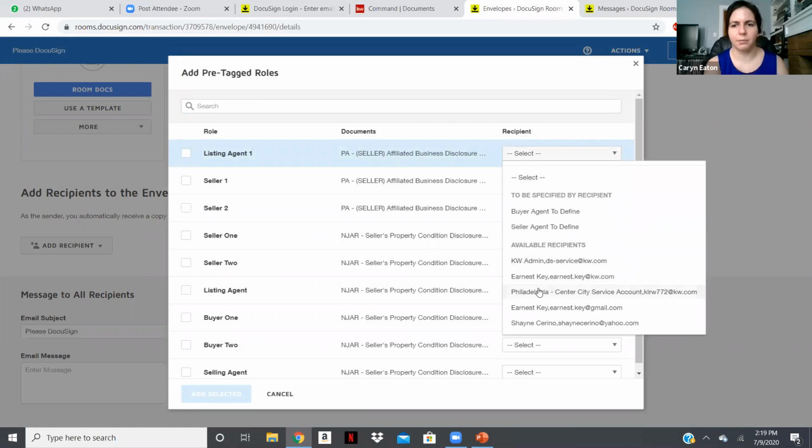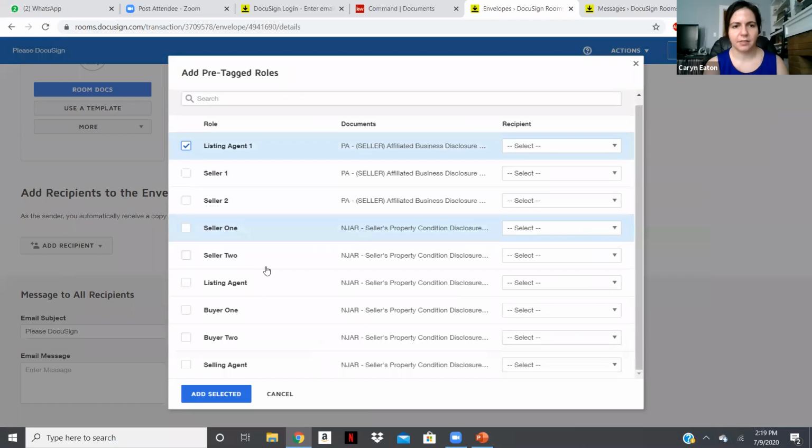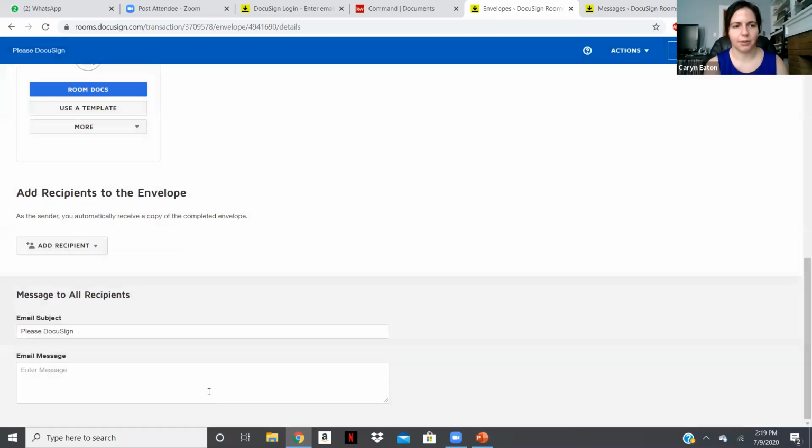And you can add recipients to the envelope just to make sure that each of the roles